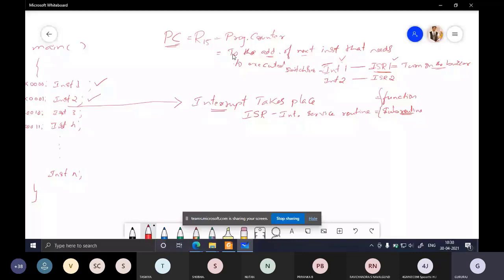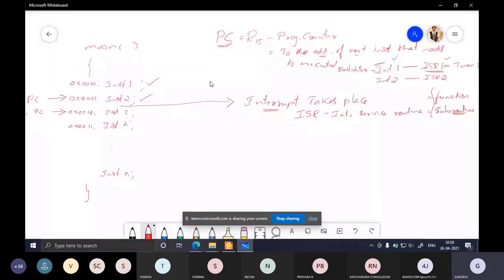Once the job is completed, you have to go back to whatever you were doing before the interrupt took place, after completing the execution of ISR 1. It is as simple as, let's say you are studying for your examination. Let's say you are studying notes for some subject and you are on page number 3. Whenever you're studying page number 3, let's say you get a call from your friend. What will you do? You will attend the call.